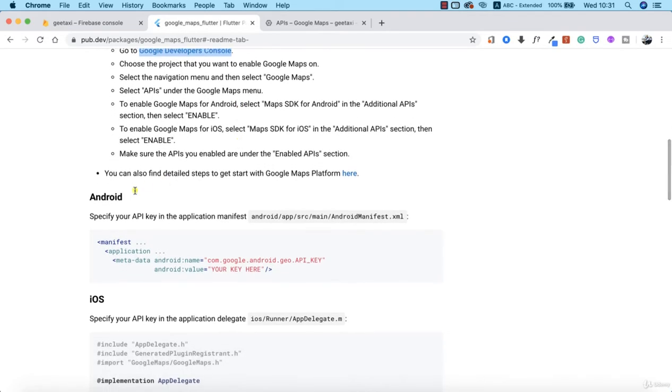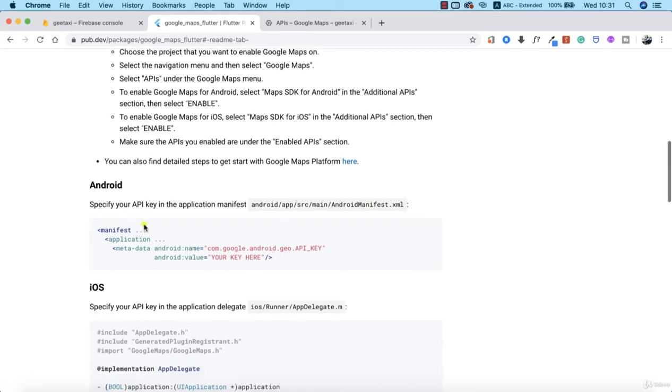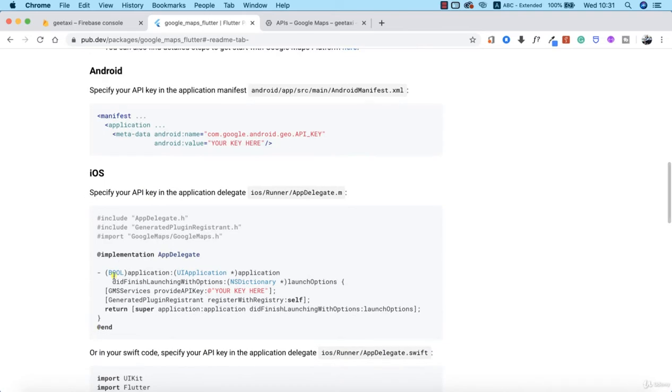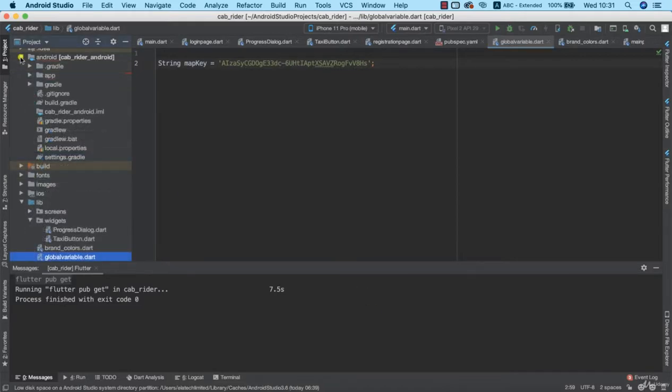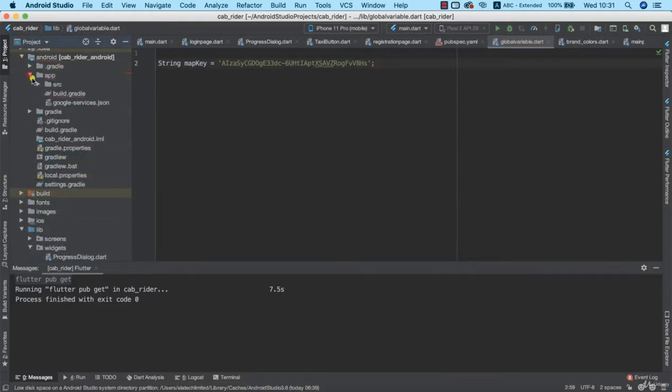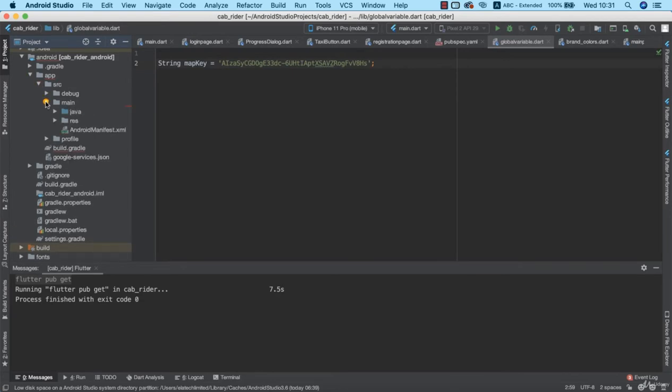The next thing we need to do is to go ahead and copy this code and put it in our Android manifest to set up our Android side of things, and after that we're going to return and do this for the iOS side of things. So let's go ahead and copy all of this. The file that we're looking for is located at android app/src/main/AndroidManifest.xml. So we're going to return to our Android Studio, and we're going to locate the AndroidManifest.xml,